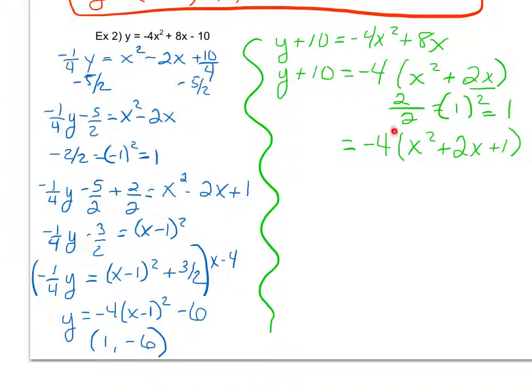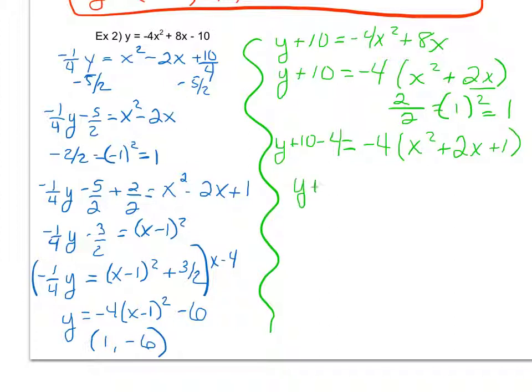Well, this -4 would technically distribute to everything in here, including that 1. So while it looks like I added a 1 to this side, the reality is that because the -4 distributes in, I really added a -4 to this side. So to keep my equation balanced, I also have to add a -4 to this side,